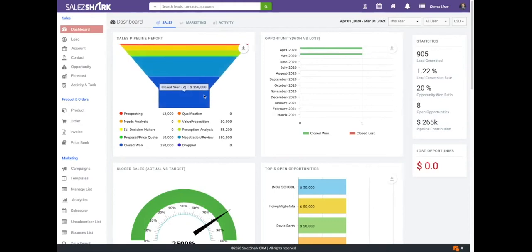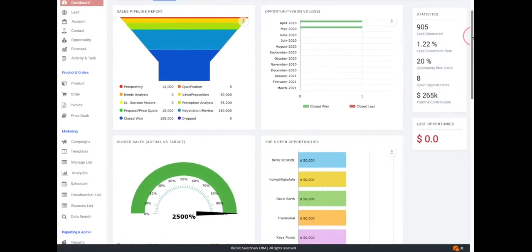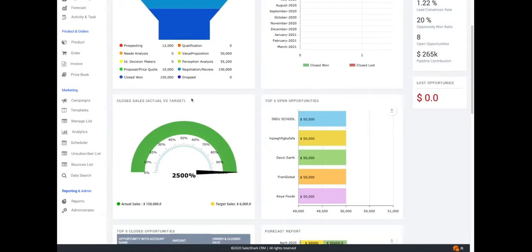Coming to the second aspect of SalesShark CRM, which is called SalesShark Connect, it is basically an integrated marketing tool that comes with the SalesShark CRM purchase. Let's suppose you want to reach out to your customers using email marketing campaigns, then you don't need to go to any other platform. SalesShark CRM provides you that option where you can manage the customer database of your email list. You can also create your own template, be it in HTML form or text form.